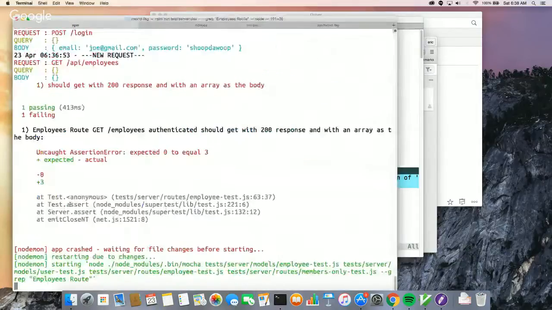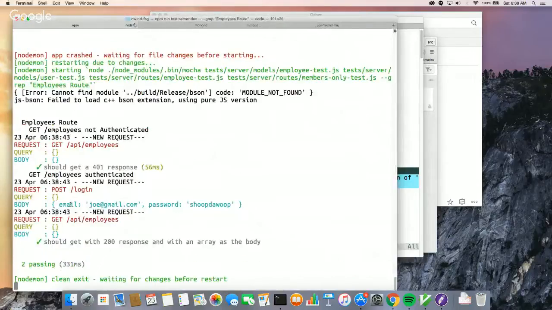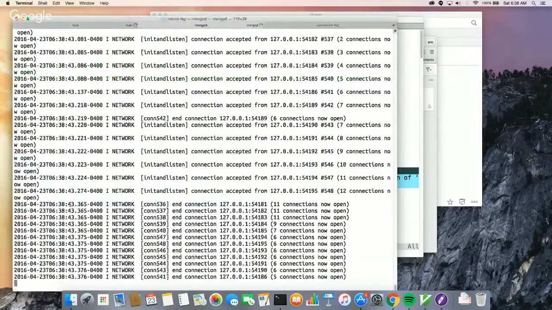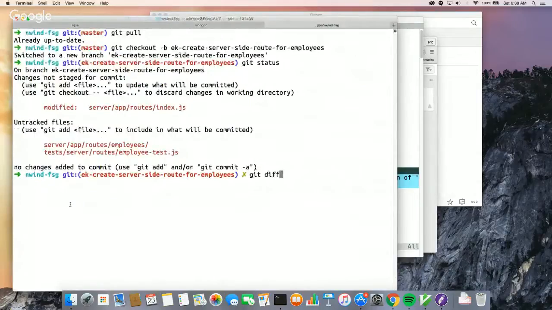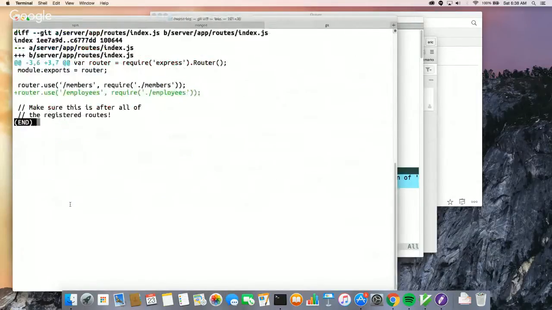In which case, we end up getting this to pass. Now, right now, we could actually go over here and say git status. Again, not a ton of files got changed. If we look at git diff, we'll see